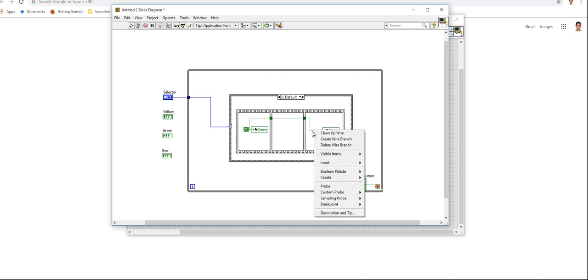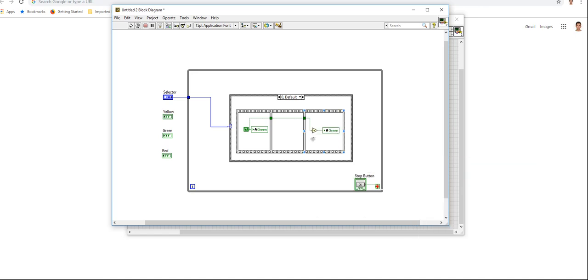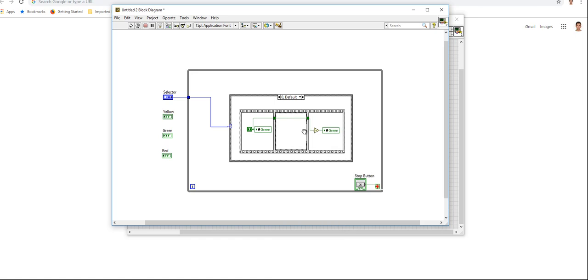So we right click on the wire, go to Insert, then go to Boolean palette, and add in a Not. This way we're reverting the logic, so if it's true it's going to be false here. So now we're done with this. Now we want to add a delay. So for green, let's say we're going to wait for, so we can create a constant for